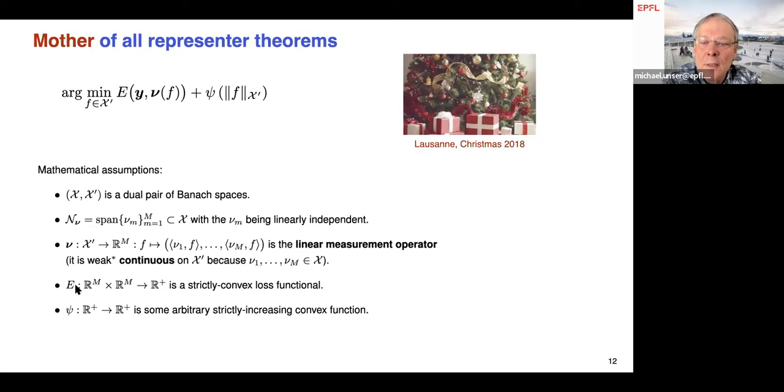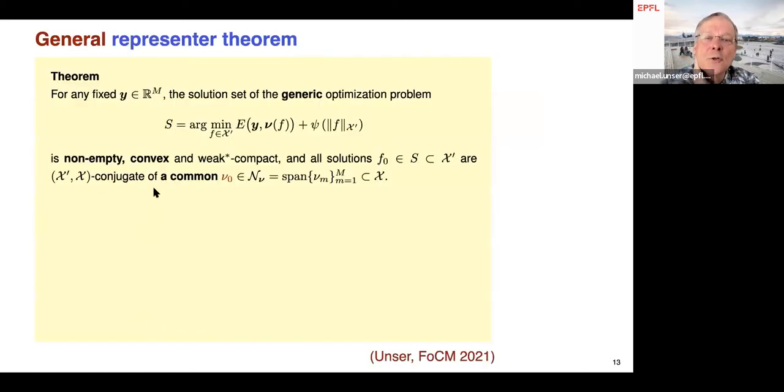And so E here is just any strictly convex loss functional, and phi is some arbitrary strictly increasing function. Okay, so what can we say about this problem? The first thing we can say is that this problem always has a solution, but not necessarily unique. But the very important thing we can say is that there's actually lots of structure in the solution, and that now